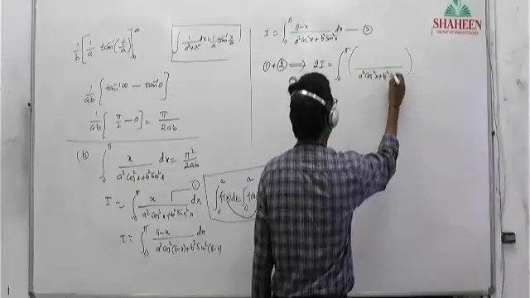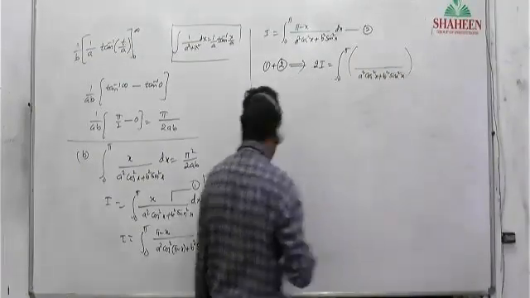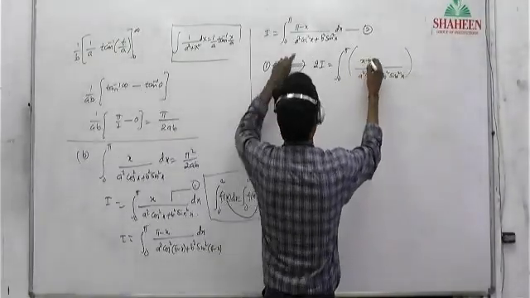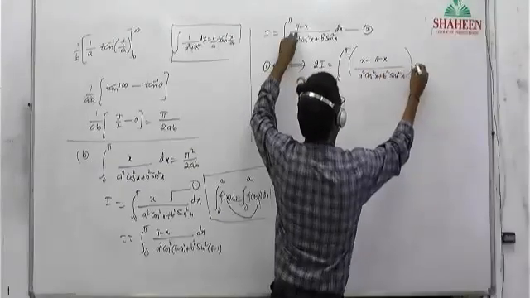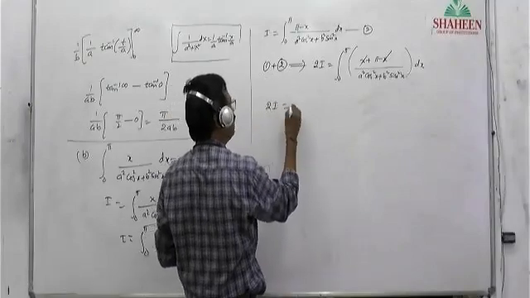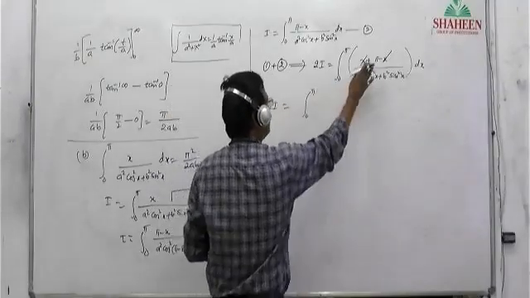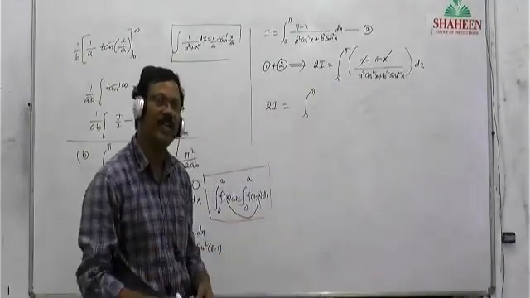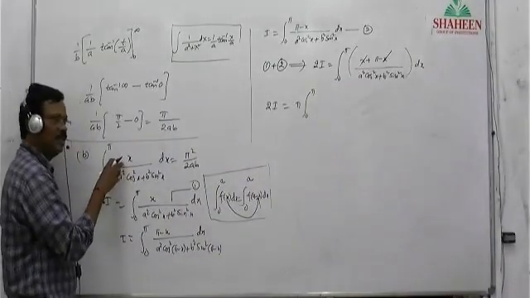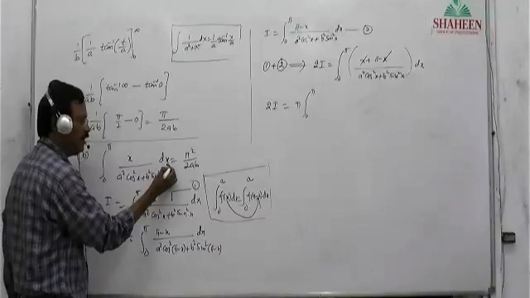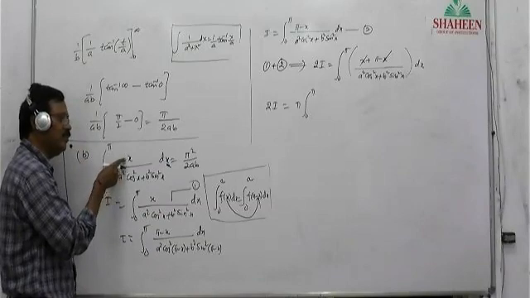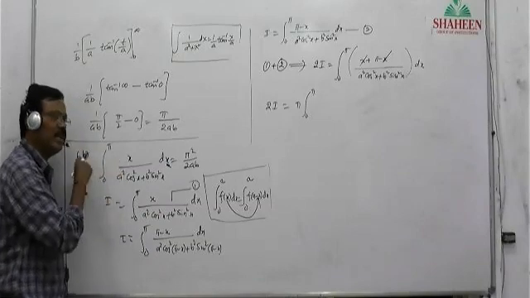I have written the denominator now. Then what about the sum of the numerators? x plus pi minus x. Now x is cancelled or not? 2I is equal to integral 0 to pi. That pi is common from the integral. Can we take x common from this? This is an integration with respect to x. x is a variable and will not be taken common from this integral. We can't write x outside the integral.